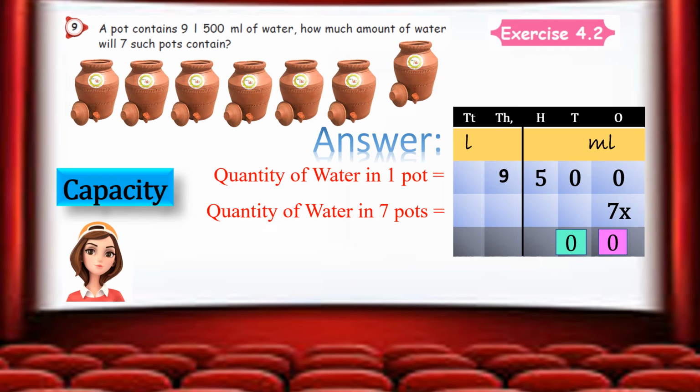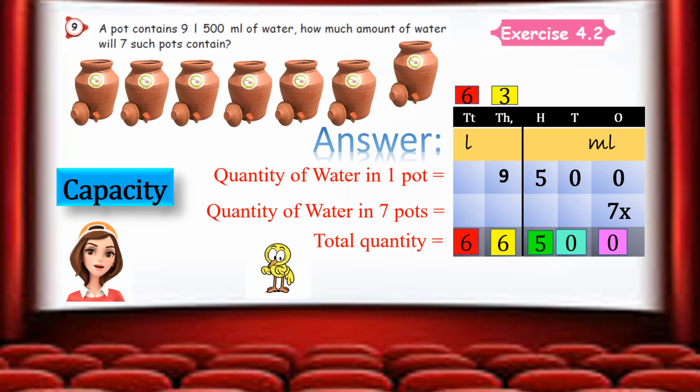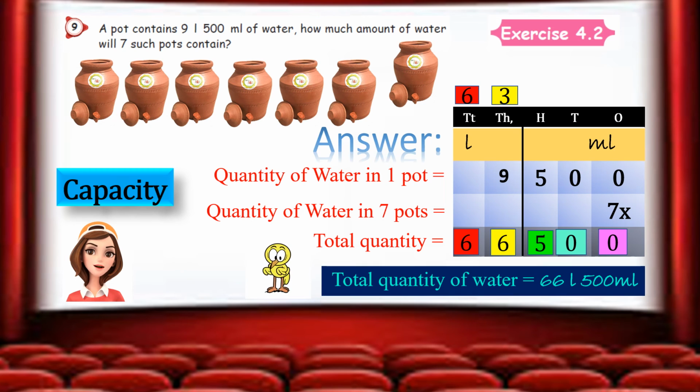Then 100 column. 7 into 5, 7 5s are 35 ma. So 5 here and then 3 must be carry forward, and then next one is 7 9s are, isn't it? So 7 9s are 63. Then 63 and plus 3 is there, isn't it? So if we add these two, 66. So 6 here and carry forward 6. There is nothing in 10,000 column. So let us bring down the 6 here. That's it, work over. This is the total quantity of 7 parts, right? Total quantity of water is equal to 66 liter 500 ml. It's easy now, isn't it?